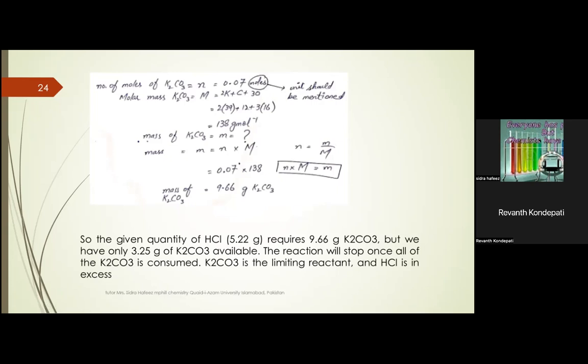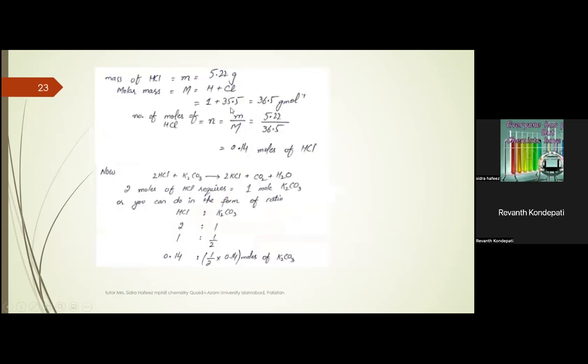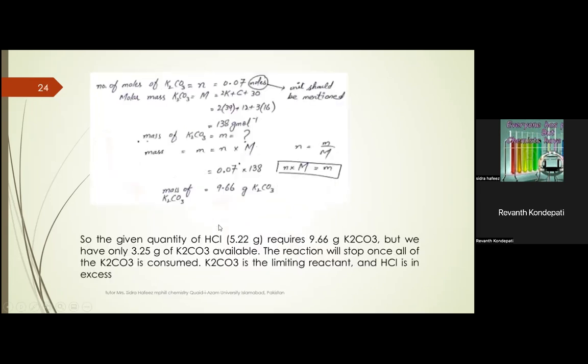The molar mass of potassium carbonate is, as I have calculated here, potassium atomic mass 39, carbon 12, oxygen 16, which is 138 gram per mole. Now you have to calculate the mass of potassium carbonate from the given number of moles that you have calculated from this quantitative relationship. So multiply this number of moles with this molar mass, and you will get the answer as 9.66 gram of